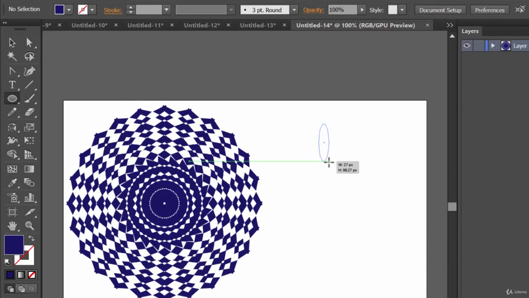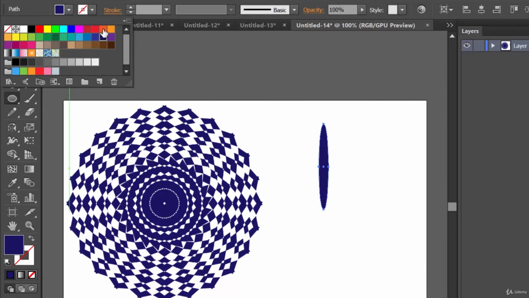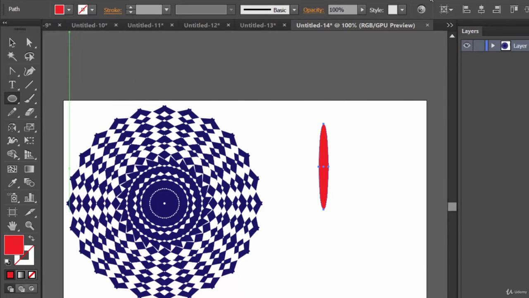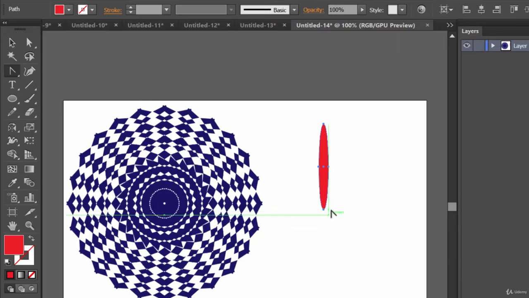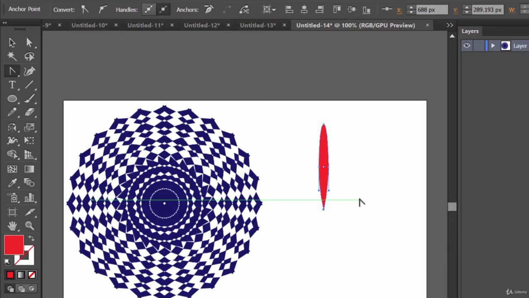So what was the procedure? First of all, let's create an ellipse of very thin width but comparatively larger height, just like this. Let's change its color to something else like this. And we are selecting the anchor point tool, and making the lower anchor point a sharp anchor point.